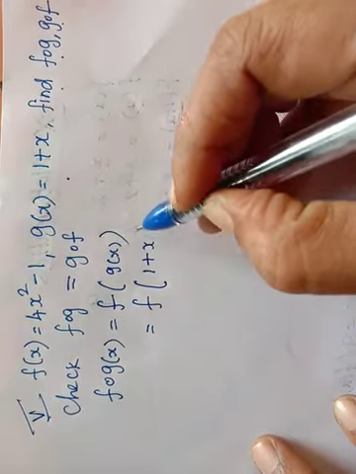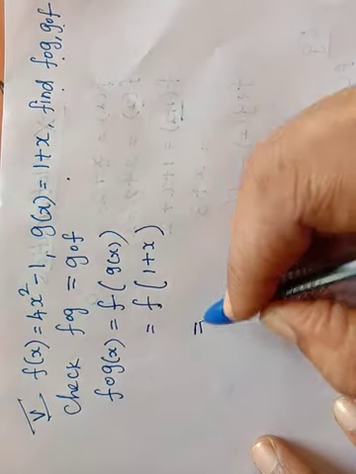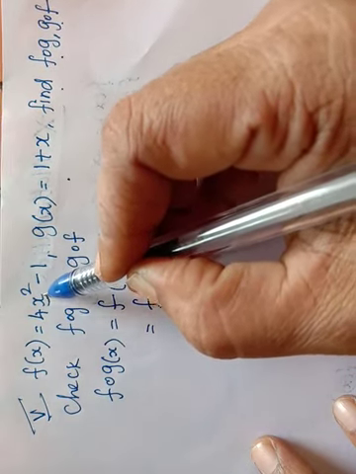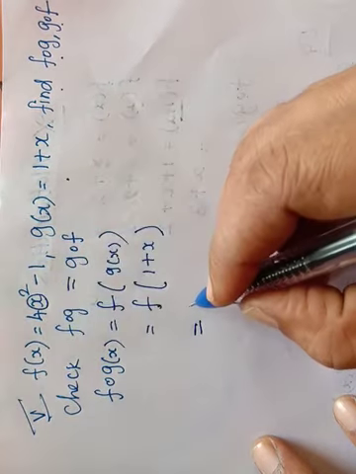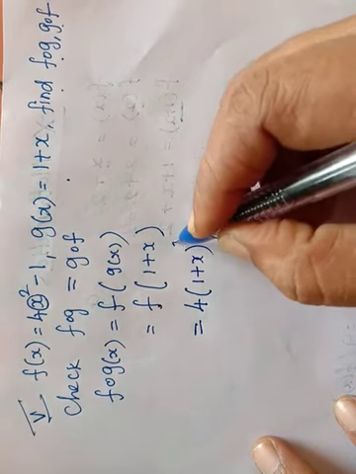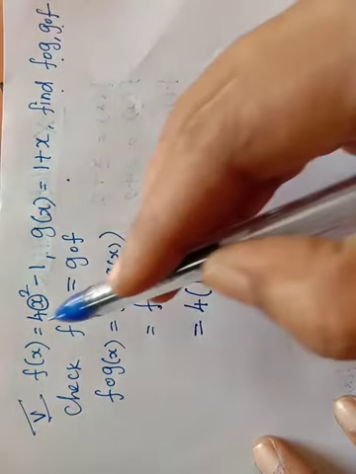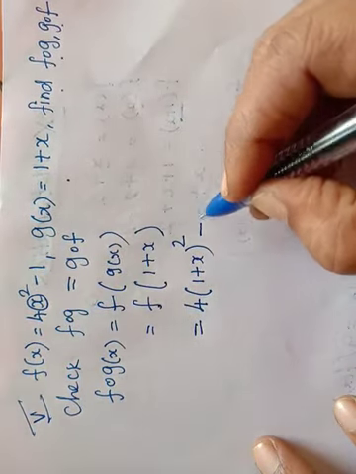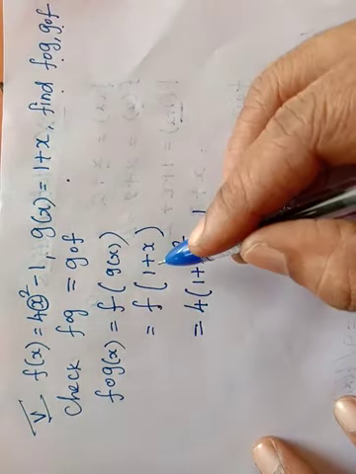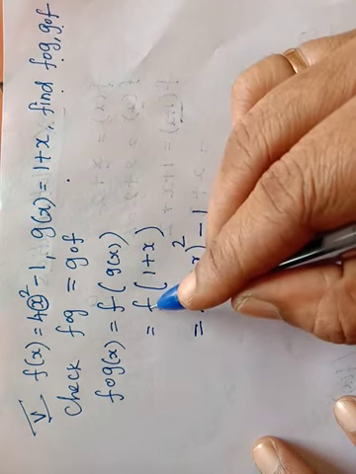1 plus x. You want to substitute this in the f function instead of the x. Here the f function is 4x squared minus 1. Instead of the x only you want to substitute. So the remaining all stays as it is: 4 (1 plus x) the whole squared. Instead of the x only we are substituting, the squared will come as it is. The 4 is also here. The remaining minus 1 you also want to write here.